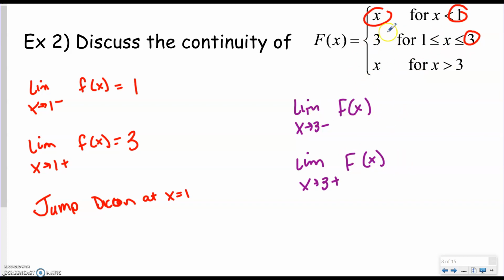So on the left, this is constant, so that's going to be 3. Okay, so coming from the numbers that are smaller than 3. The numbers that are bigger than 3, we're just going to plug that in. So plug in 3 for x, and we get 3. Now, since those two are the same,